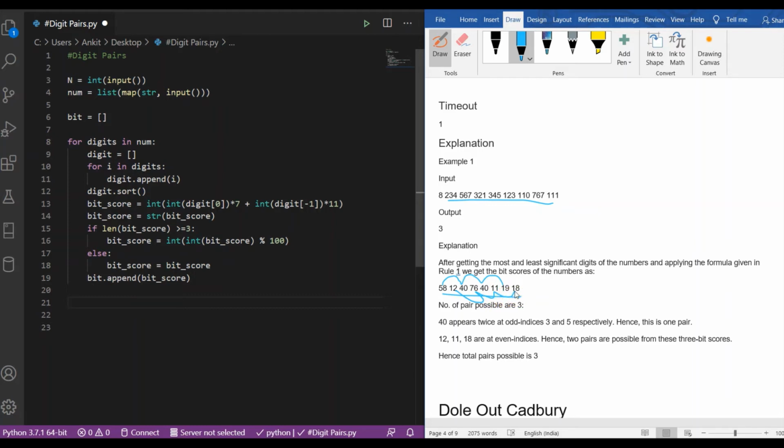So as per the position, the pairs of the bit scores can be calculated.